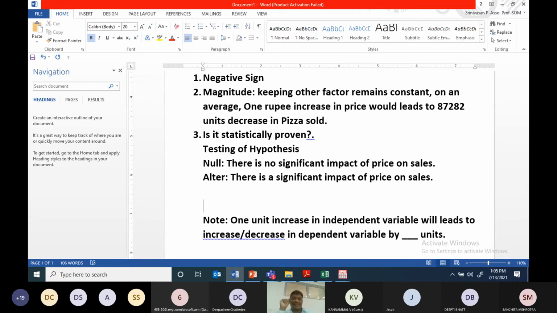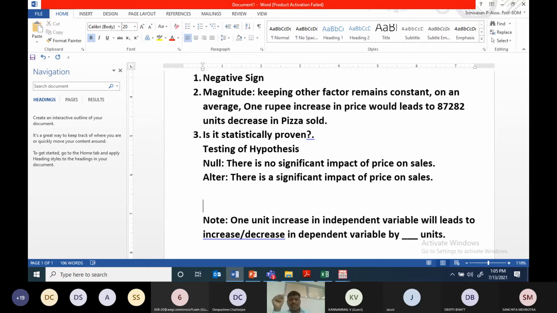I have to see it very carefully. It should be in an acceptable range. If it is too big, then I ask why I got this much magnitude and what the problem is. So magnitude is also very important. That depends upon your subject, the topic, and the variables you're working with. Okay, it's acceptable, right? Fine.